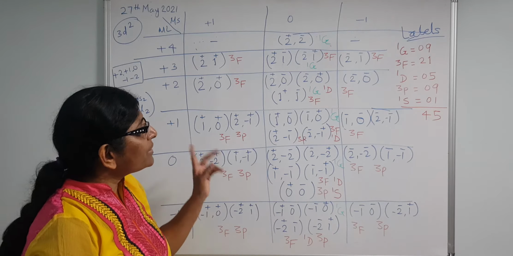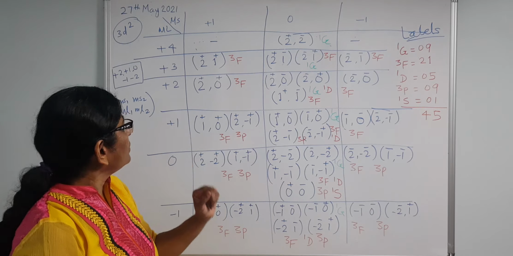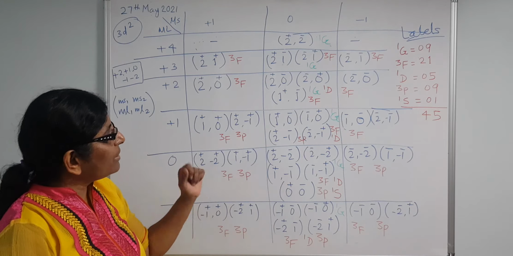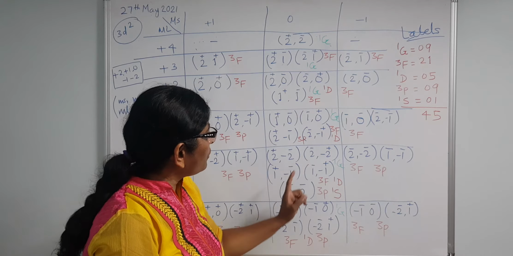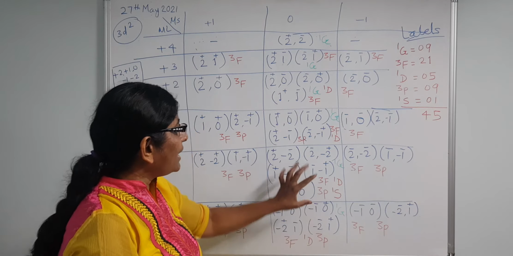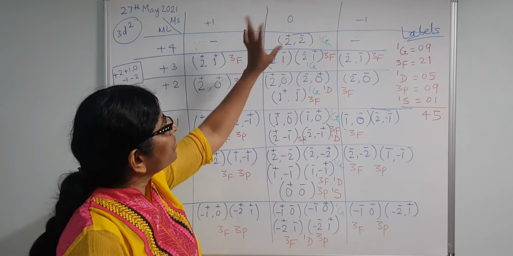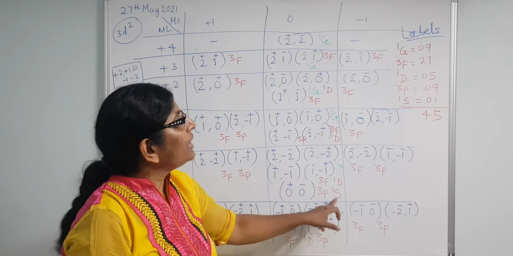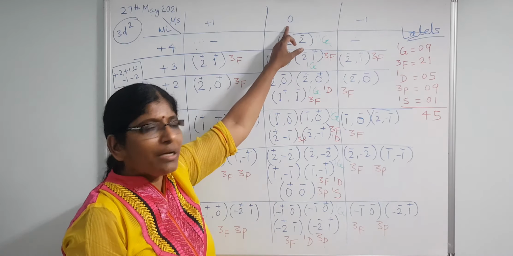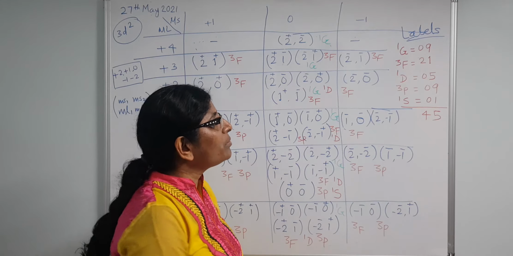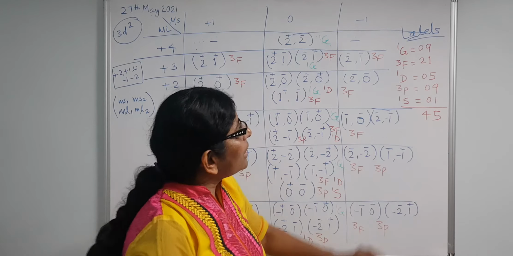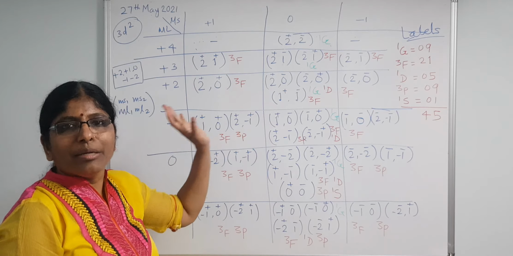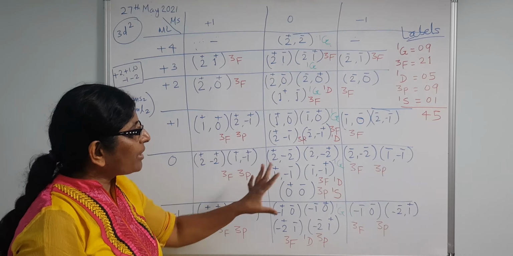After 3P, again we have to see where we have not labeled. Here 1, 2, 3, 4 are there, and here 1, 2, 3, 4, 5, so one more is extra which is unlabeled, and this block is ml is equal to 0, ms is equal to 0. That means that microstate will come, if L is 0 the symbol is S, and if we substitute 0 into the 2S plus 1 formula it will come 1, so 1S, and the total multiplicity for 1S will come 1. And if we do that, we have to write over here that microstate, and see that in the whole table all microstates are labeled. Okay, don't miss any microstate which is not labeled.